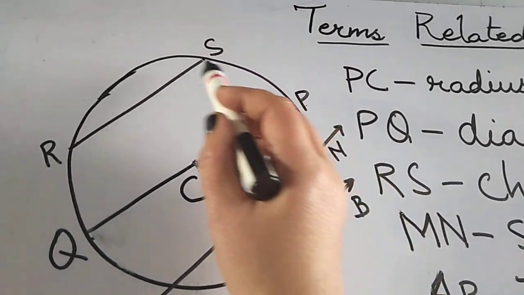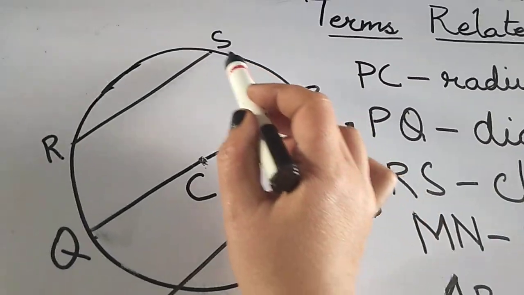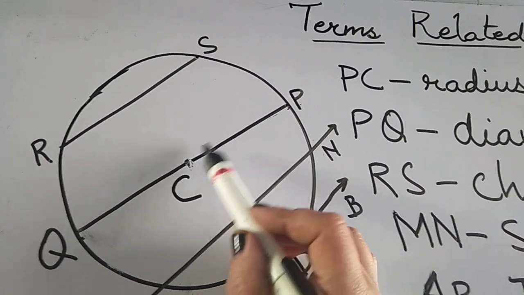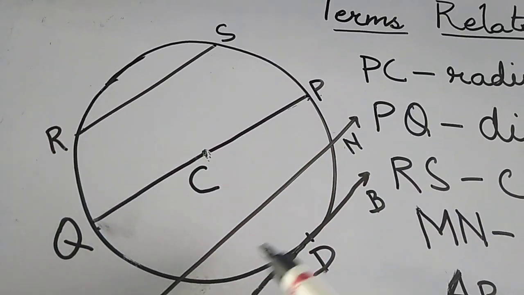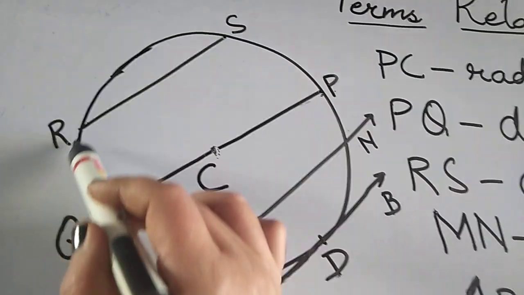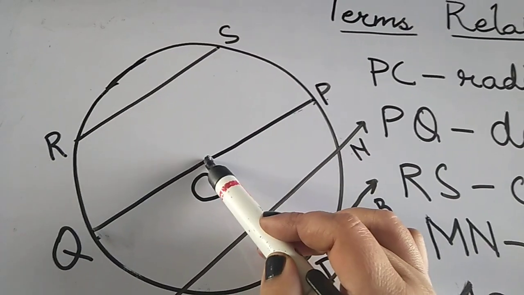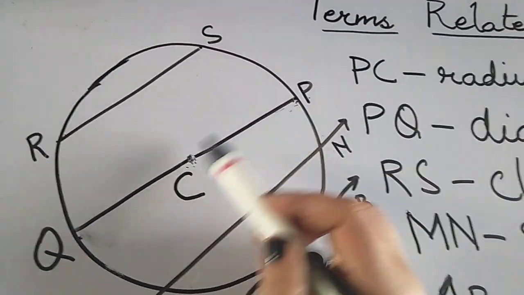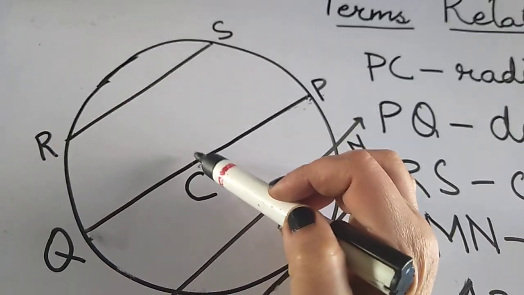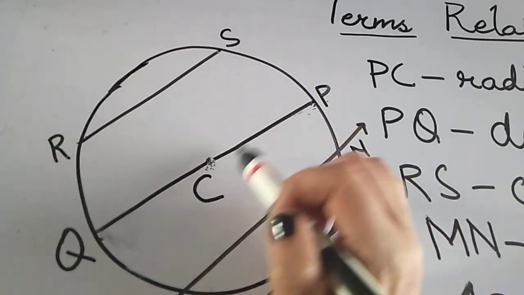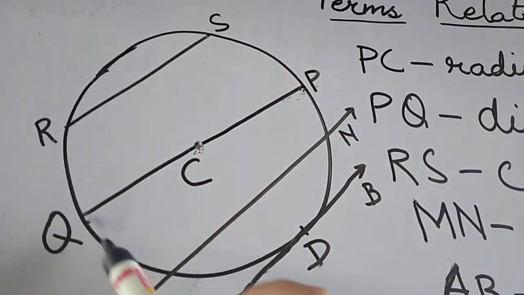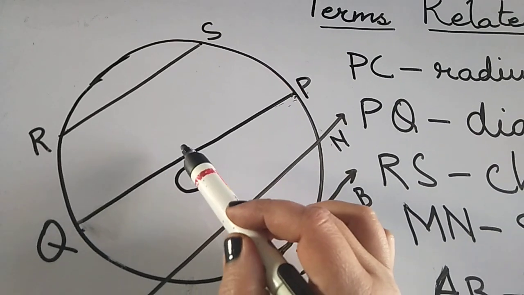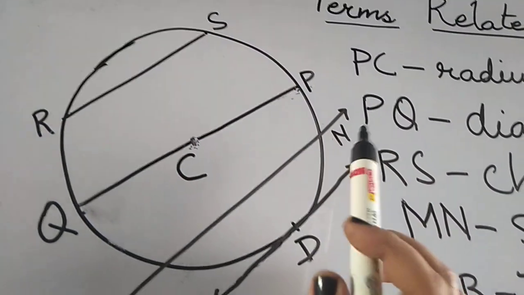If I move this point P in such a way that its distance from the center C, which is called the center of the circle, remains constant, then the path that it will take... Suppose this point is hooked and fixed and this point is moving, and the distance of P from C remains constant. Like if it goes to point S also, then SC is the same as PC. So P is moving in such a way that its distance from the hooked point is the same, then the path that it takes is a circle.